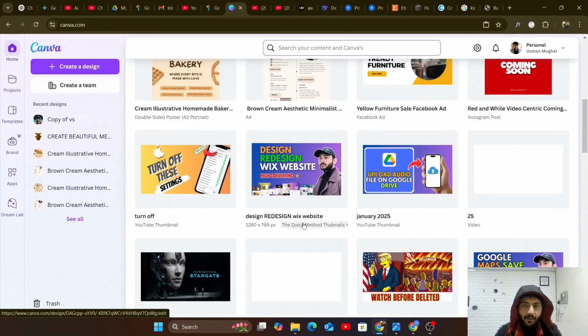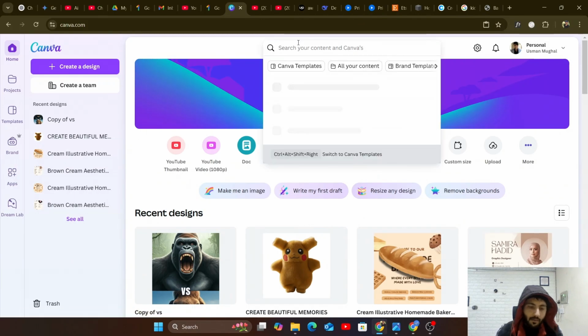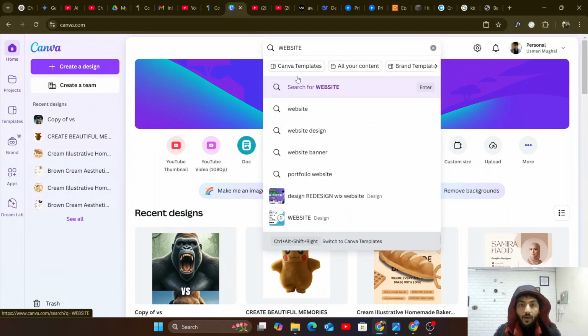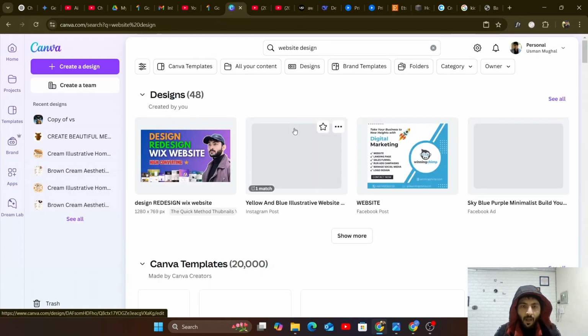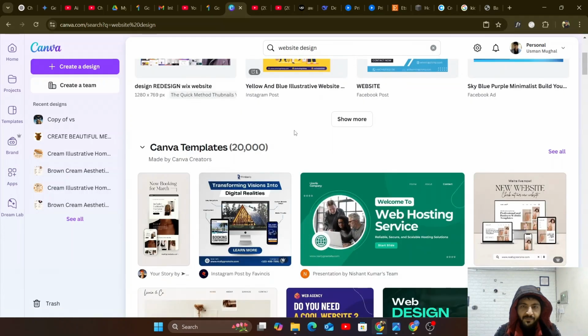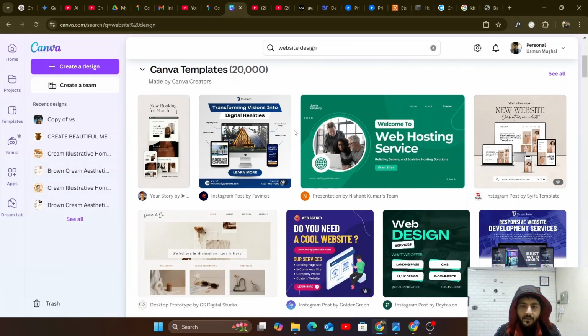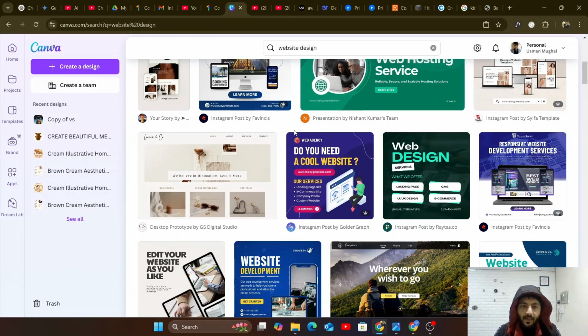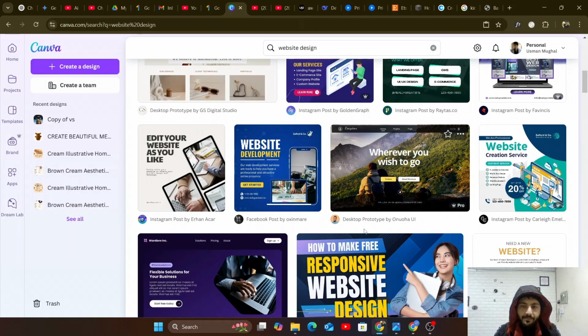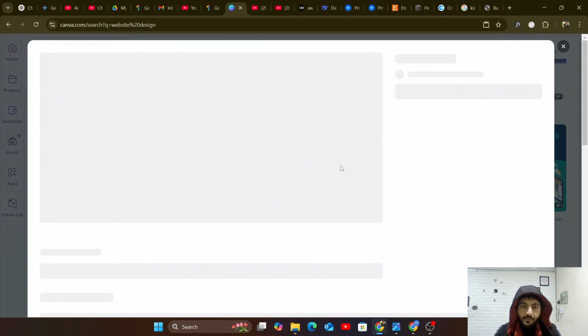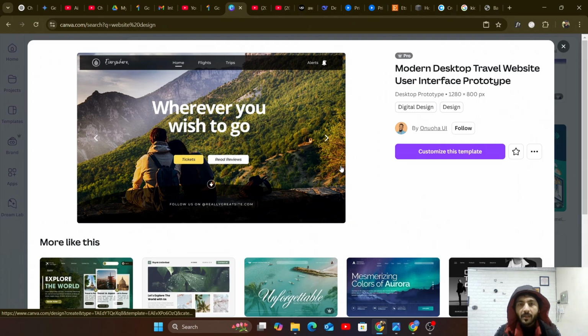If I write website here, just write website, or website design would appear, so just choose that. Here you will see plenty of website related designs. Let's say this one. This is basically the user interface design. If I click customize this template,